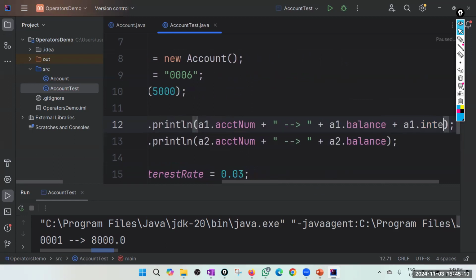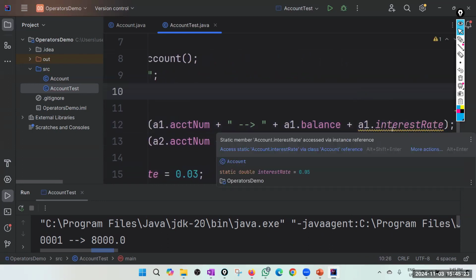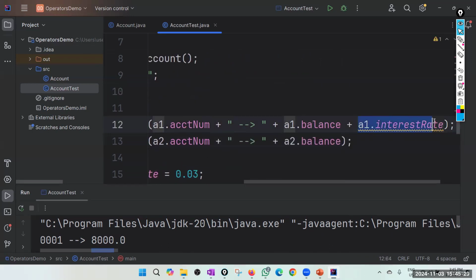Anyway, I can do it. This is a warning, not error. Okay, warning saying that this is bad practice. But anyway, I'll do it, though it's a bad practice. So this is the interest rate.